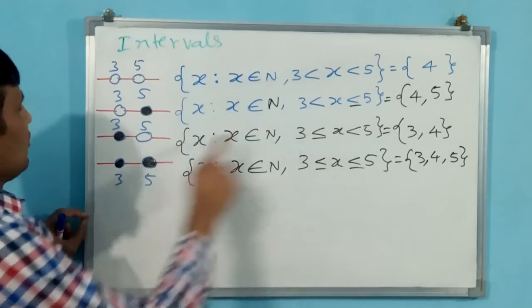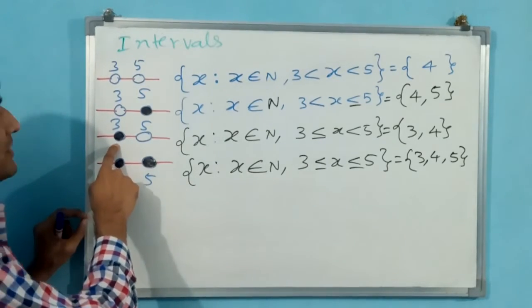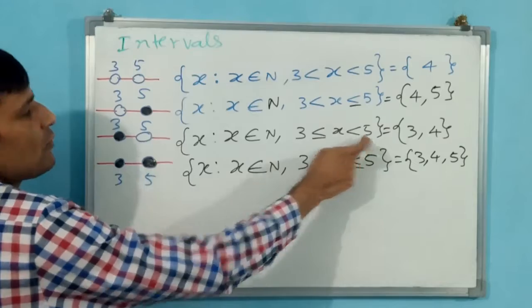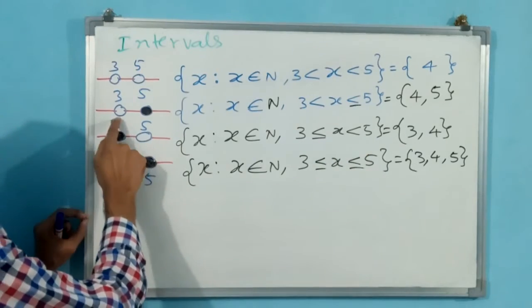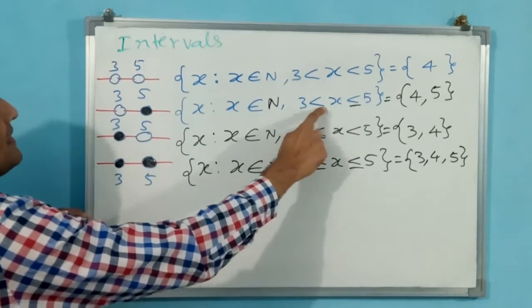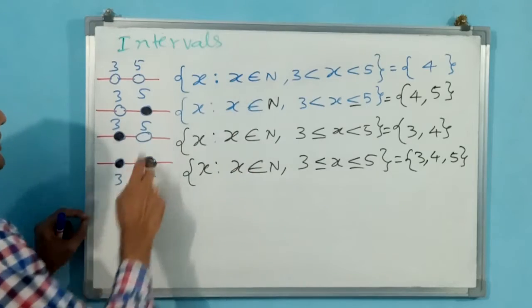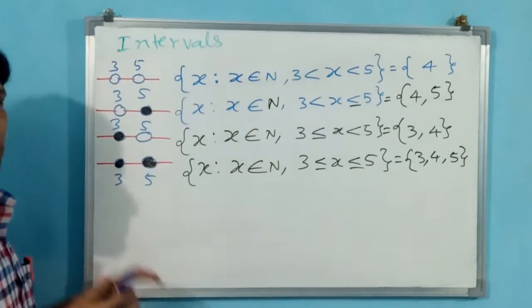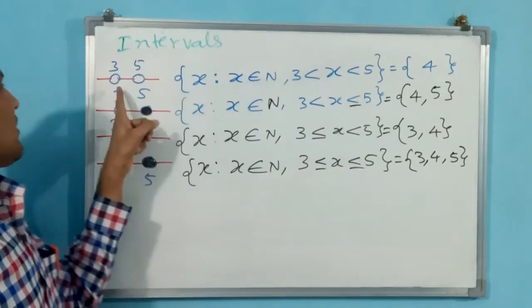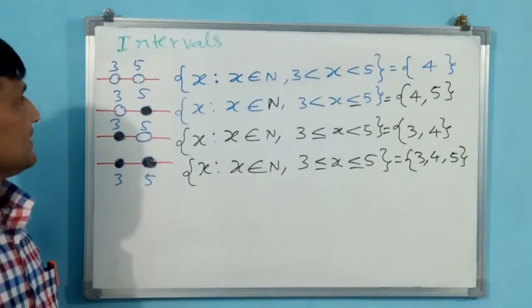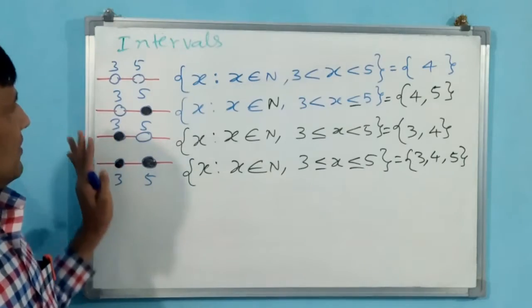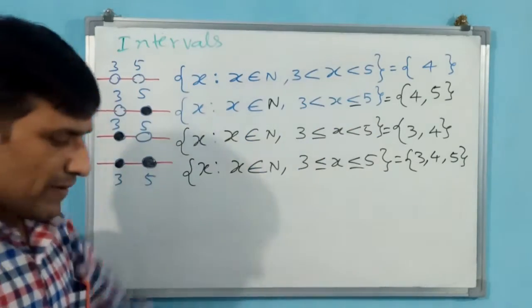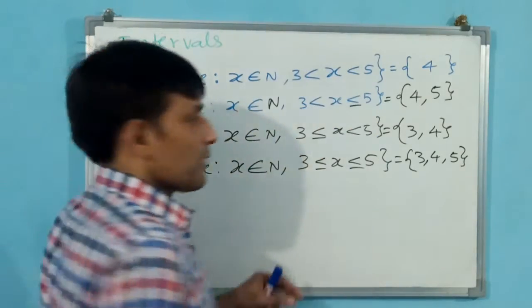Okay. Now equal to means circle is closed. Not equal to means open. Not equal to open, equal to closed. That means you have closed the bubbles somewhere and you have opened the bubbles somewhere. Only greater than or less than means open you have made. Okay. Now if you understand these, I am going to make the final representation here.